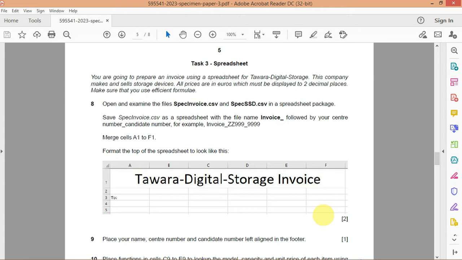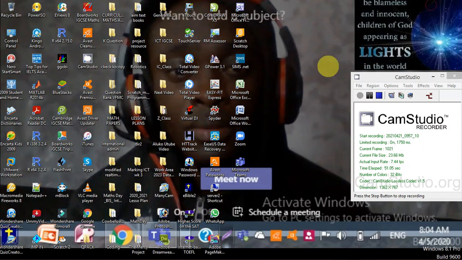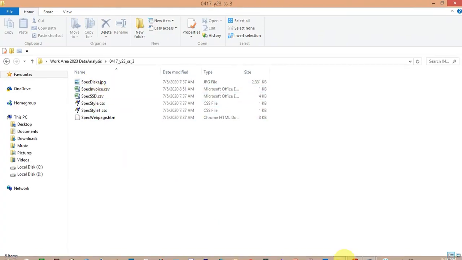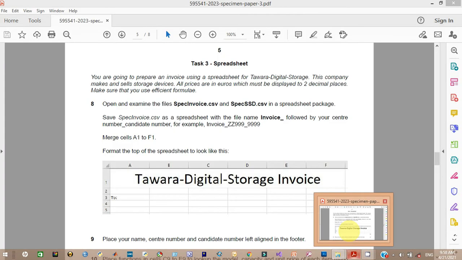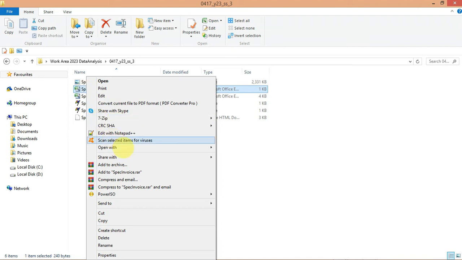Okay guys, question 8. Open and examine the files spec invoice.csv and spec ssd.csv in the spreadsheet package. Okay guys, let's go ahead and do that. Before now, I did create my work area on my desktop, so let me just navigate to my desktop. I say work area, and inside this folder I have the resource files. Okay guys, so now let's go back to the question. We have to open the spec invoice and spec ssd, so let's go ahead and do that first and inspect it. So you can right click and go open with